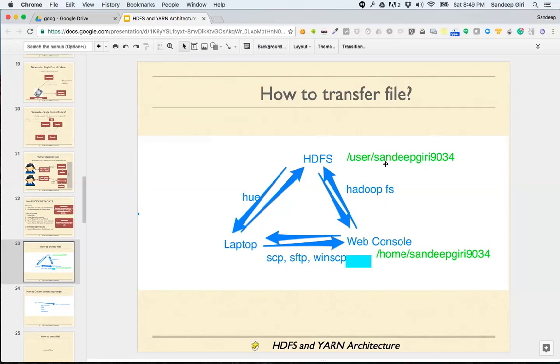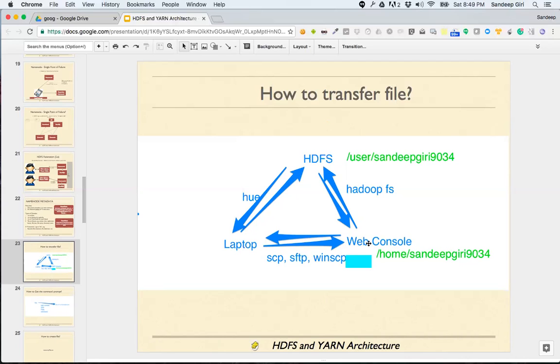Your home directory will be your username, and my home directory contains my username. Notice /user/home. How do you transfer a file from a laptop to the web console, meaning the host on which you are running the web console? That's a real computer.